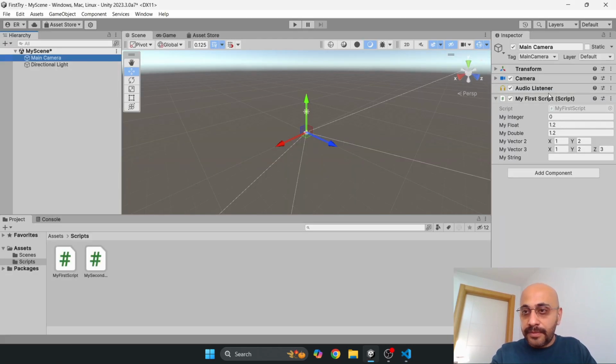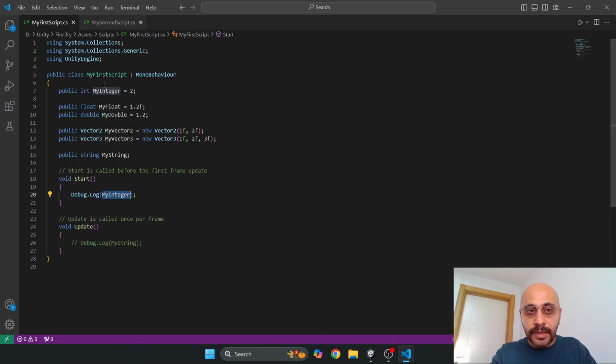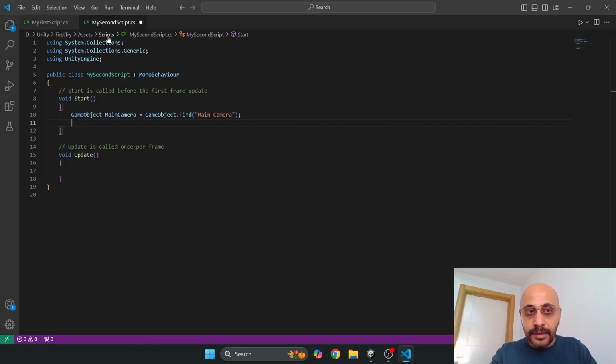So if the name of the script is my first script, like it is defined here, the type of the variable will be my first script. Now that I'm declaring this variable, I can give it any name I want, but in order to avoid confusion, I'm going to give the same name that it has here. Cool. Let's assign a value to it. The value that we want to assign is actually this component, right? So we mention the name of the game object that has this component, and we